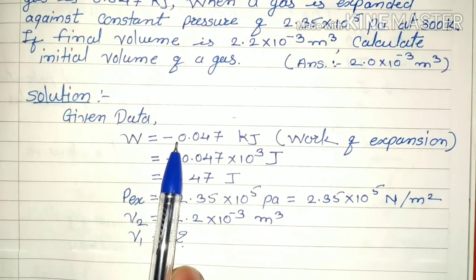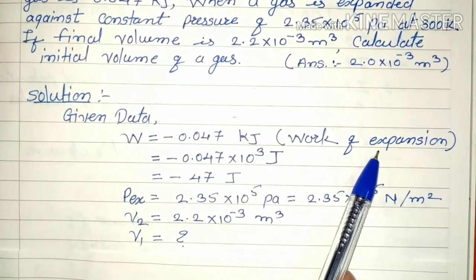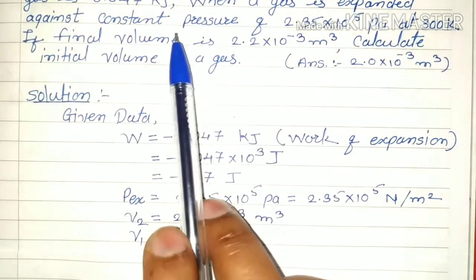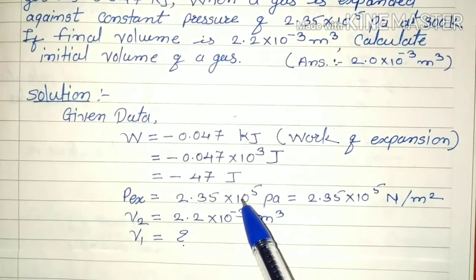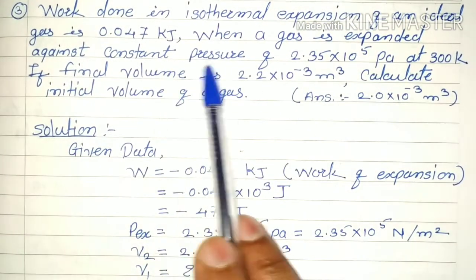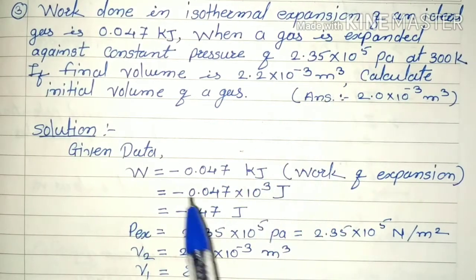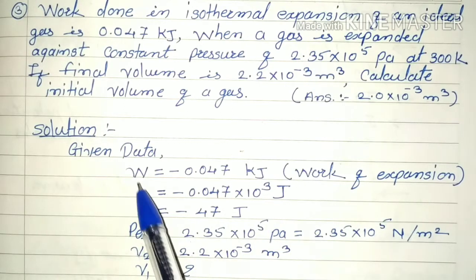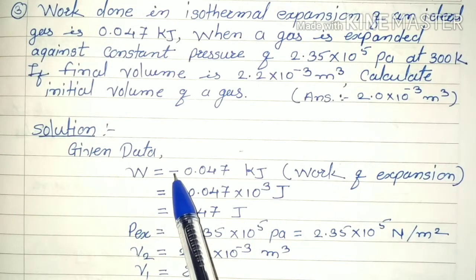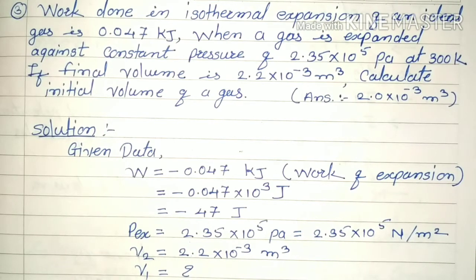W is equal to minus 0.047 kilojoule. So, work of expansion: in this example the gas is expanded against a constant external pressure of 2.35 into 10 raised to 5 Pascal. So always in the expansion of gas, work done is negative. In the compression of gas, in our first example there is a compression of gas, so W